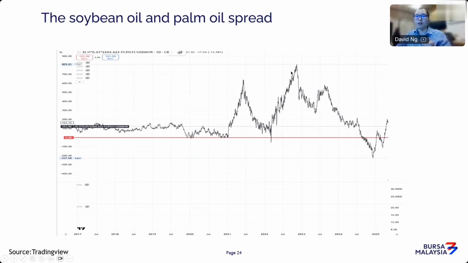And true enough, a couple of months later, palm oil did a catch up and reached 8,000 ringgit. So what this is telling you is that, if you're doing this spread, always take note that the spread can stay quite elevated. It can stay in a particular range for a long period. The long-term average for the spread between bean oil and palm oil usually ranges about 100 to 150. But it doesn't mean that once you reach 800, it should go back to 150. Mean reverting strategy does work in certain ways, but it is all a matter of time. For this $800 to go down to 150, it takes about 2.5 years.